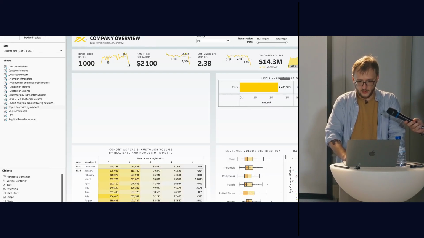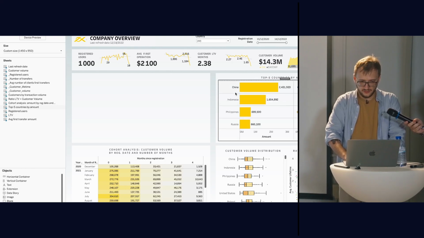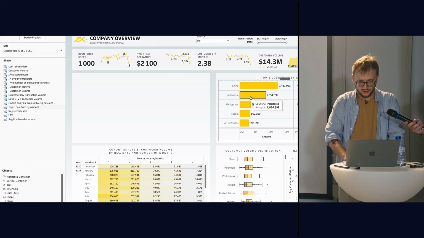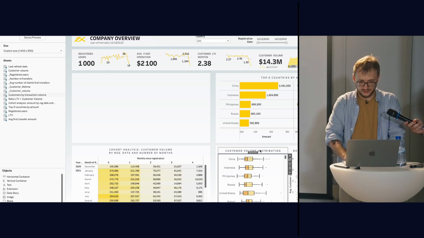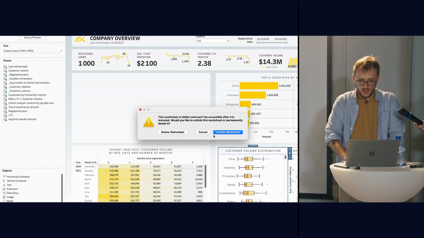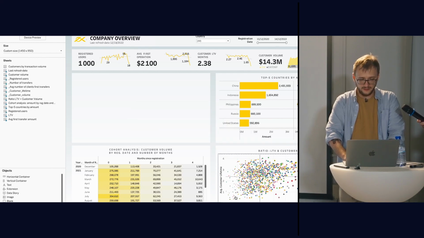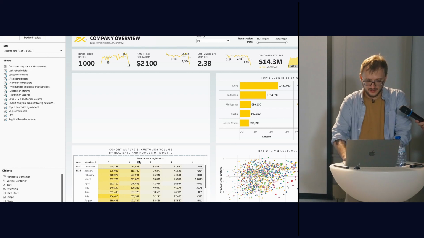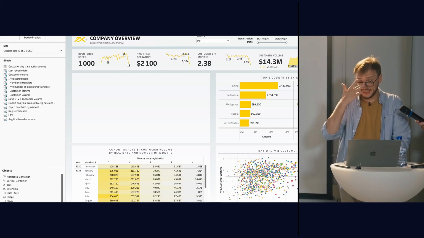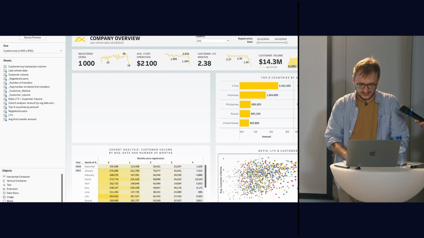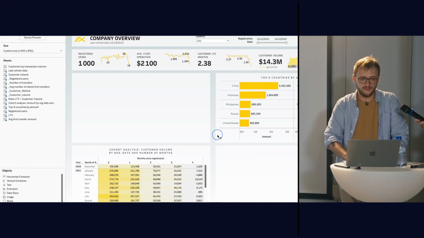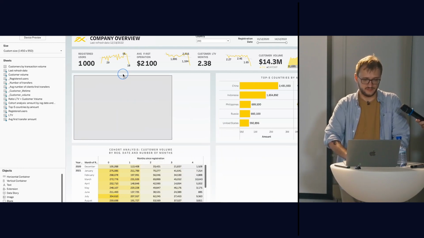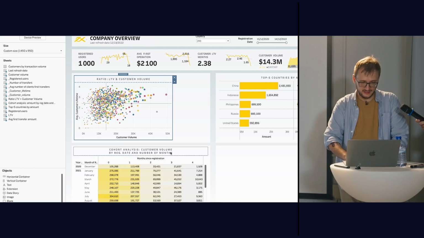So now we have all the same information that was before, like the total amount, or we can find the top or least amount, and also we can replace this chart. Let's delete it. I really like deleting things, if you haven't noticed yet. And what we have left is some kind of cohort analysis and a really analytical scatter plot. If you want to use something like that, we need to have a lot of space for it. So I would place it like that and make it bigger.